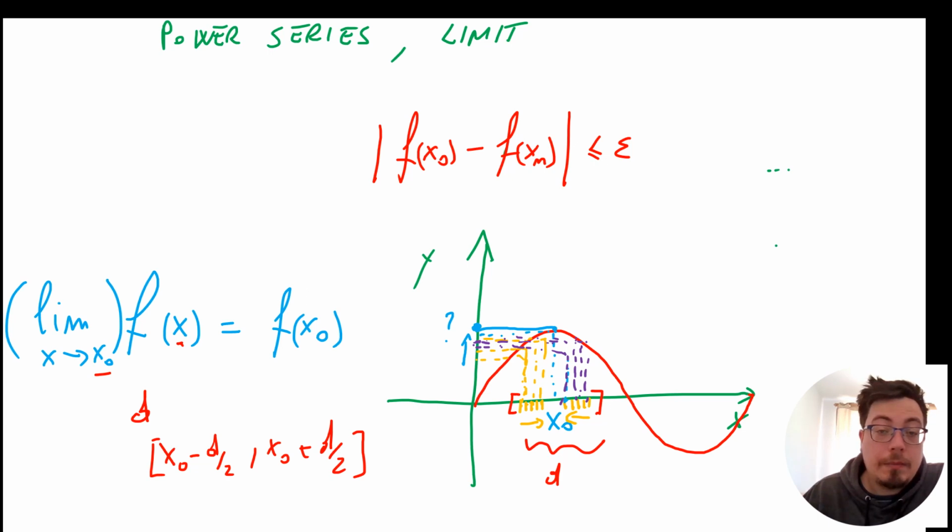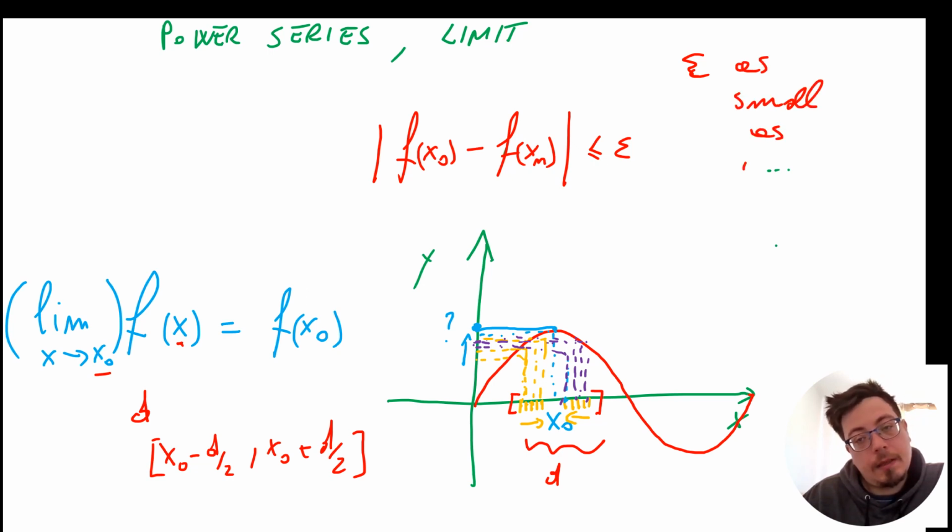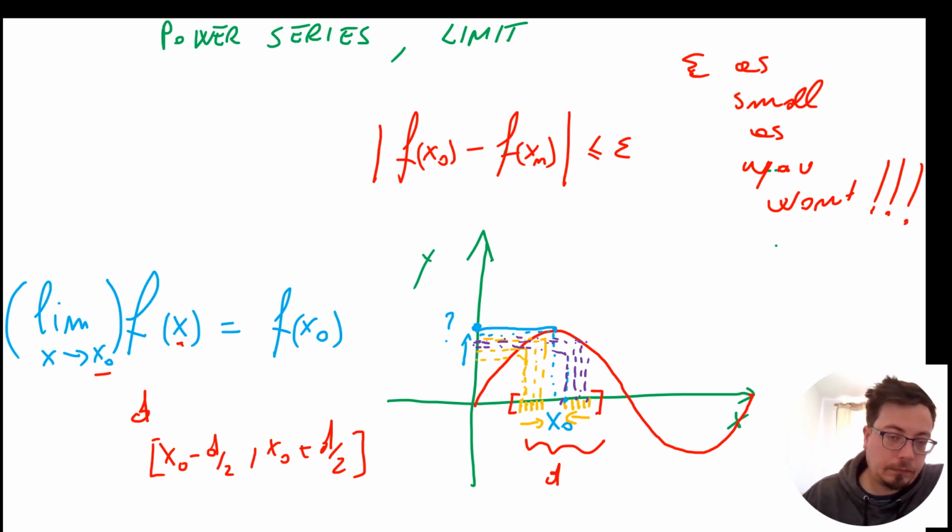Epsilon is a small value, as small as you want. And this is key. So for any epsilon, for any choice of d, there must be an epsilon here that tells you that